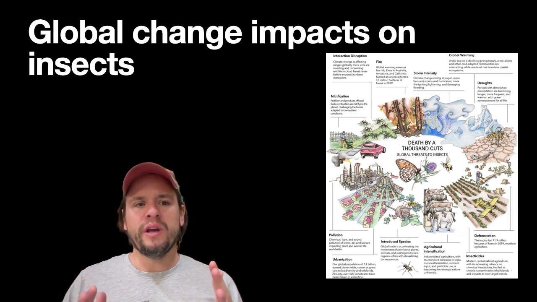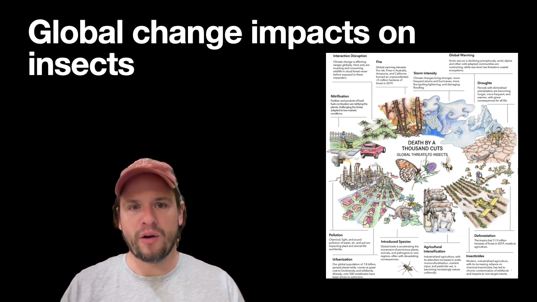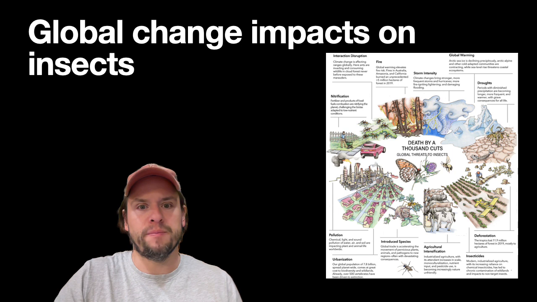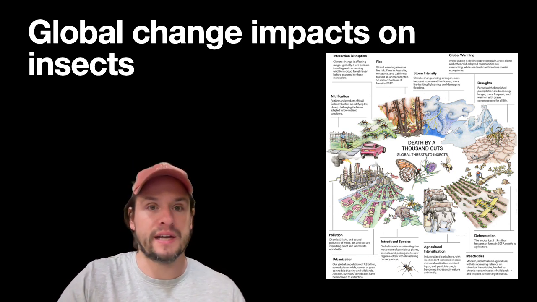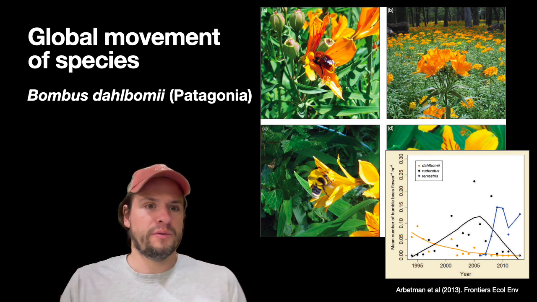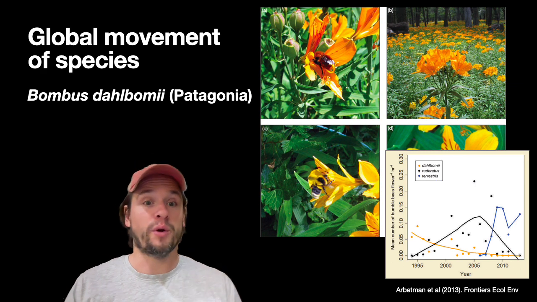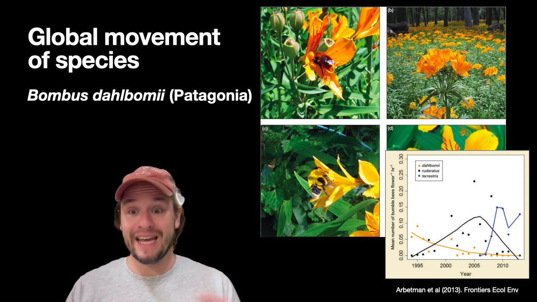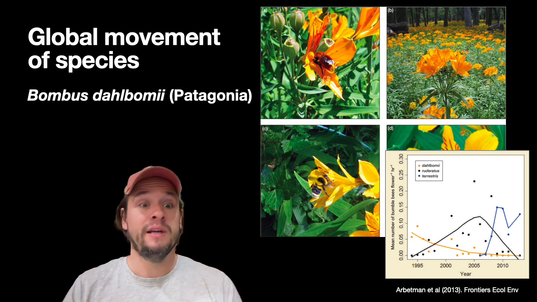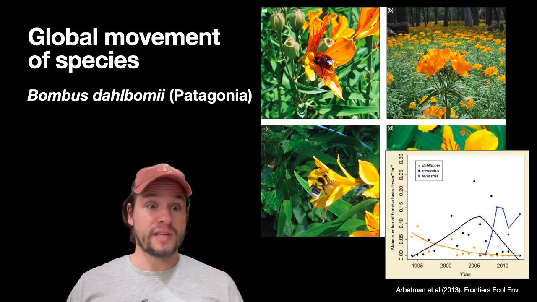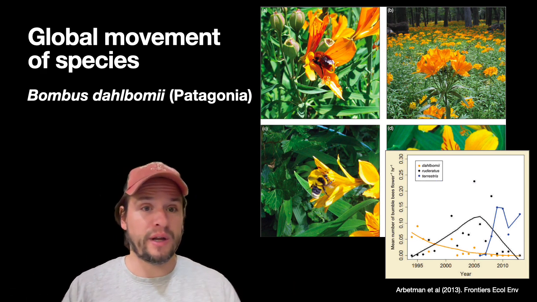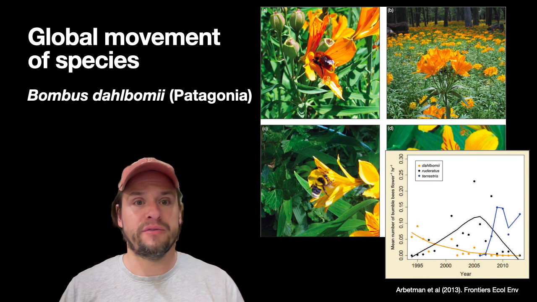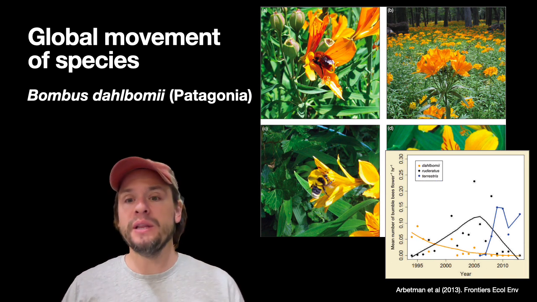Critically, we are changing the environment in many, many ways that often all act in concert to impact insects. So what are some of the most important, and what are the effects that we know have the biggest impacts on insects? One that we now have really strong evidence can have important ecological effects is the global movement of species. There are many examples, but our movement, either intentional, as we've seen for biological control systems, moving natural enemies, for example, from Australia to California, or accidental migration of species across countries or continents,